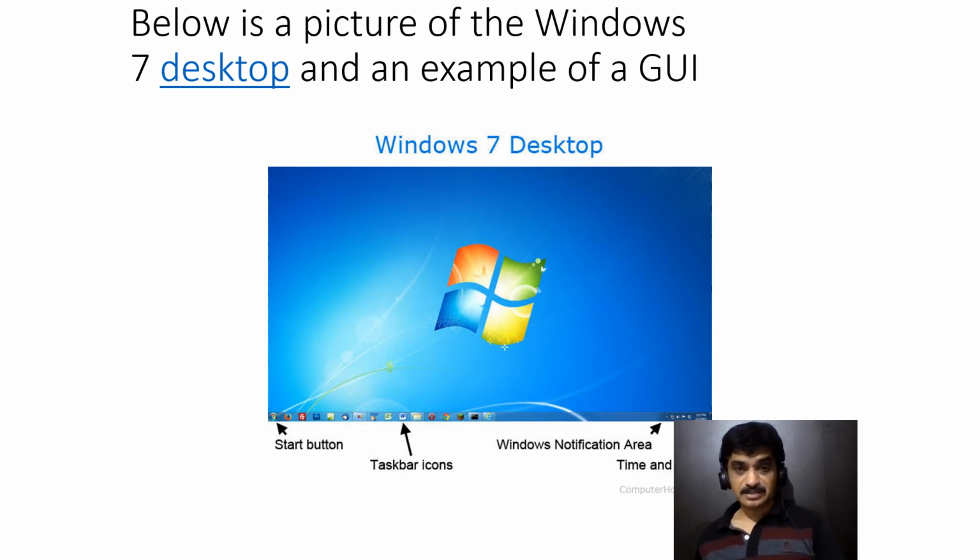Right, this bar is the task bar. If you open many things, like Windows, an Excel sheet, or Chrome, you are able to see here which icons are open. Any notifications are there too. For example, if you insert external hardware like a pen drive, it shows what is happening to it.